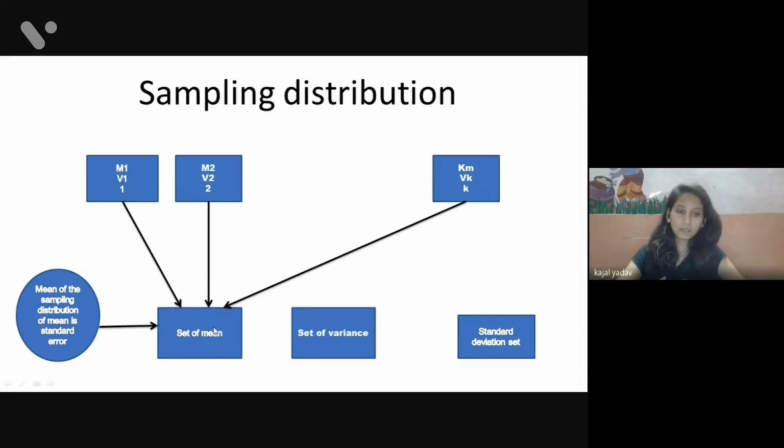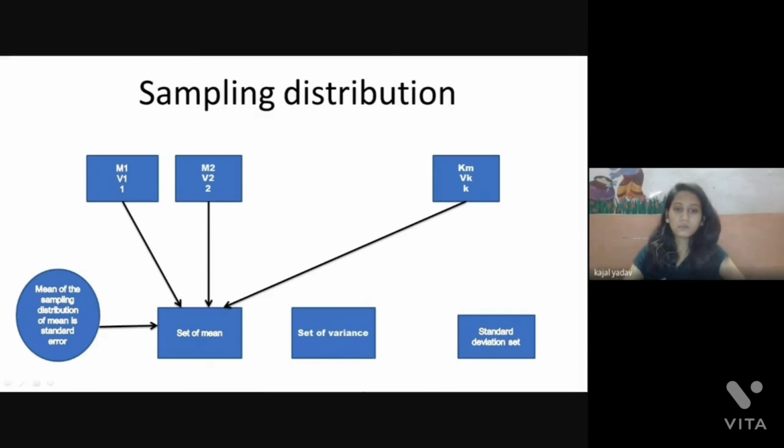The standard error for the mean value comes from the sampling distribution of the set of means. For the set of variances, the sampling distribution and its mean give the standard error for the variance, and the standard error for the standard deviation comes from the sampling distribution of the standard deviation set.